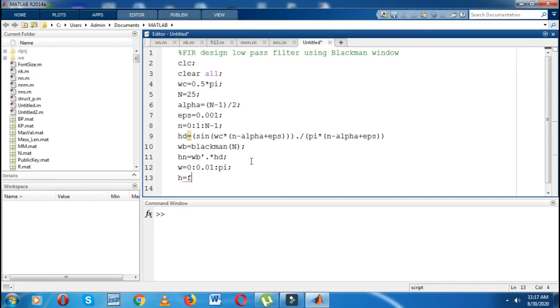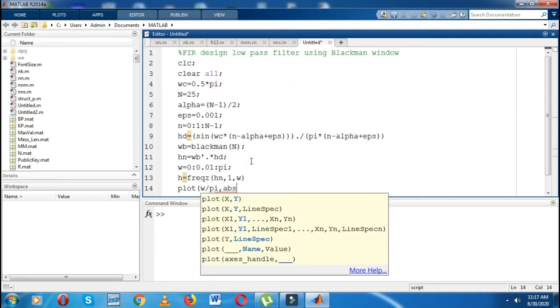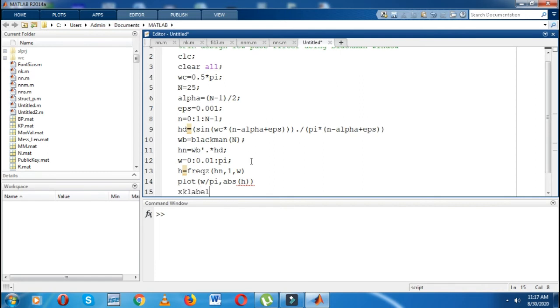Then I will write plot, in bracket I can write W divided by pi, means angular frequency divided by pi, and I will calculate the absolute value for that, the absolute of H. You can also give the X label, which is nothing but frequency, in single inverted commas you can give the frequency, and you can write the Y label as amplitude,